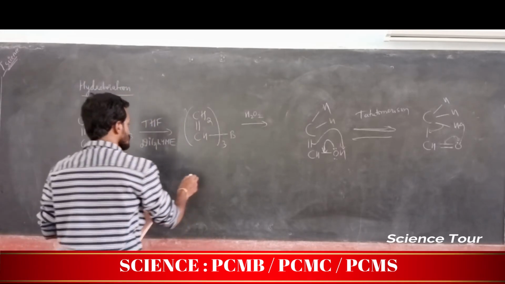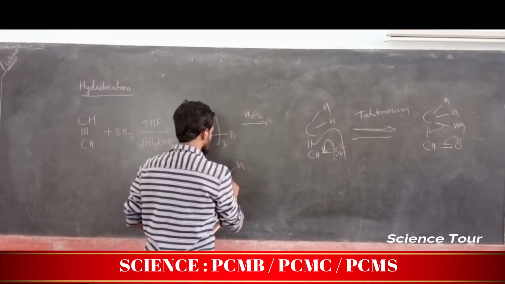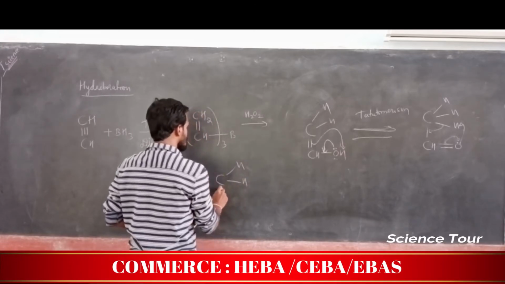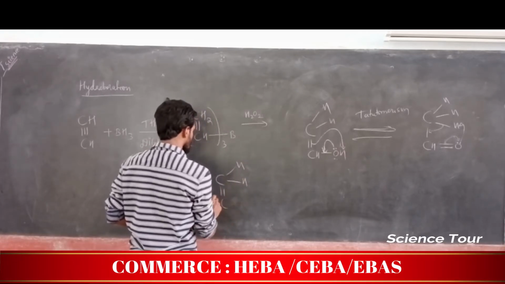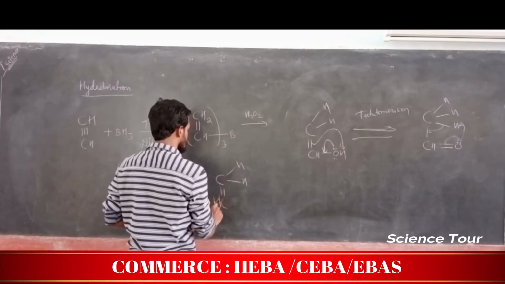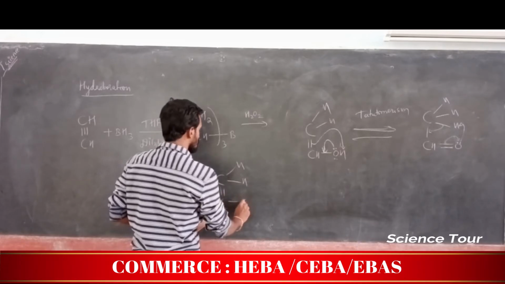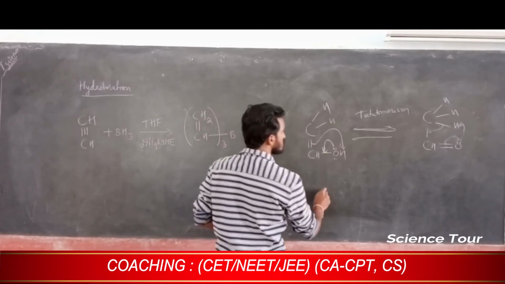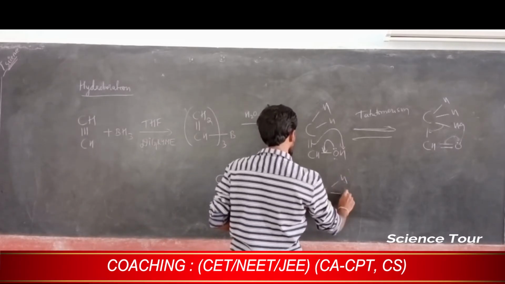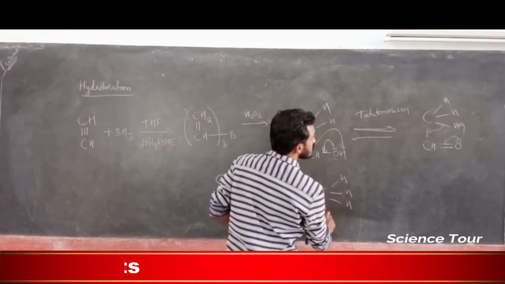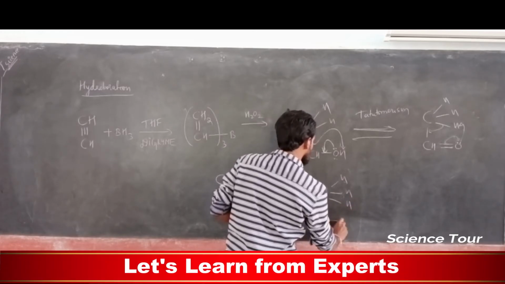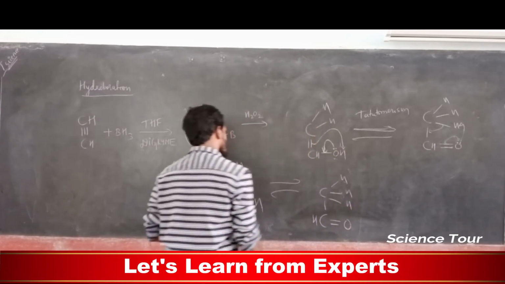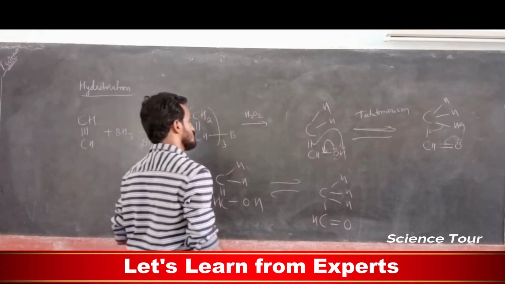Look at this, my dear students. If you want, I will explain once again. See, this is CH2, CH, I will write here CH, otherwise you will get confused. Okay, here OH, and you can convert. See, I will write two forms, CH double bond O, like this. My dear students, the first reaction is like this.